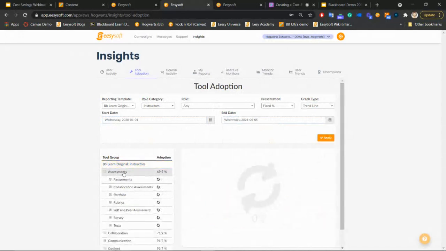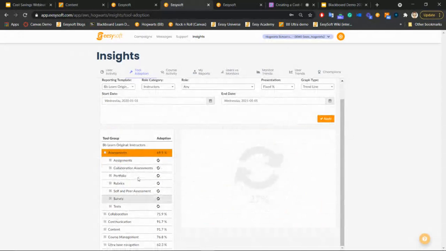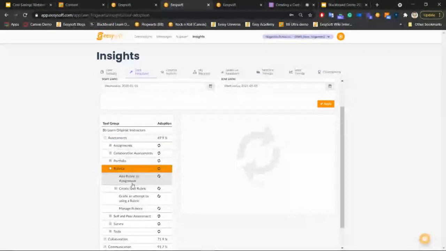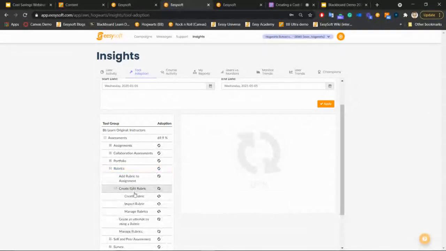So here we can go take a look at assessments, and then drill down directly into rubrics. See how many of your instructors are adding rubrics to their assignments. We can see how they're creating rubrics, if they're importing from other sources or if they're creating them themselves. We can see if they're going in and editing those rubrics after the fact. So really allowing you some granular insights into this tool usage